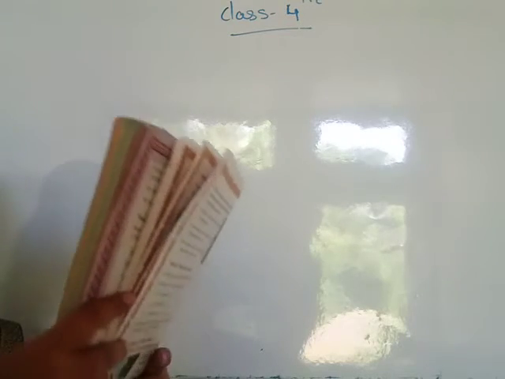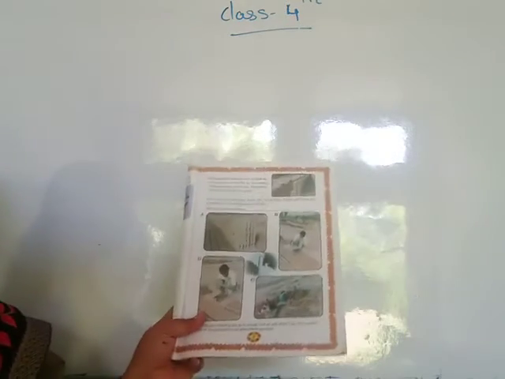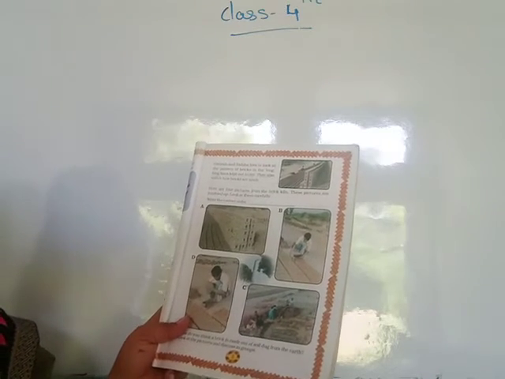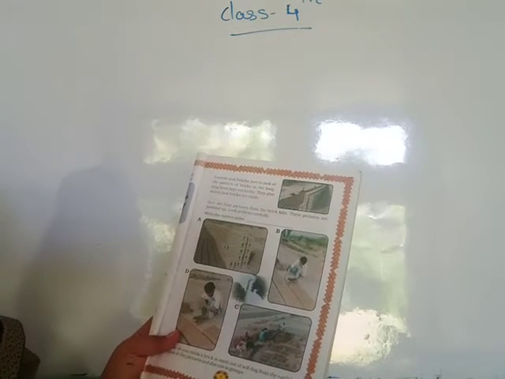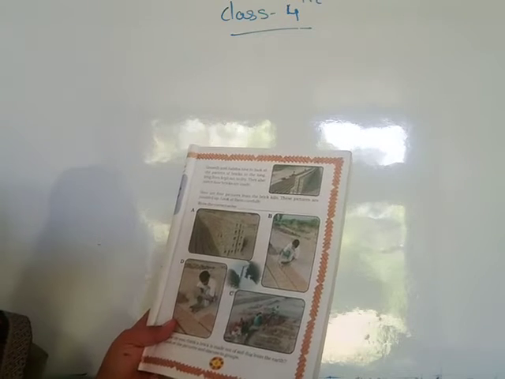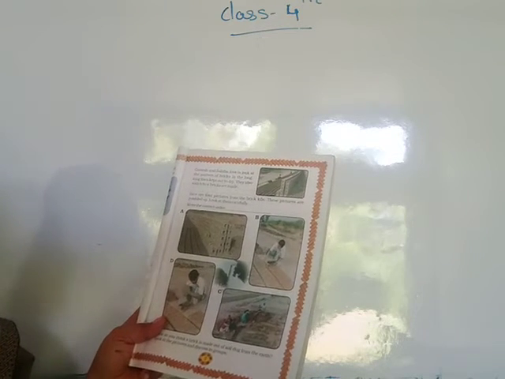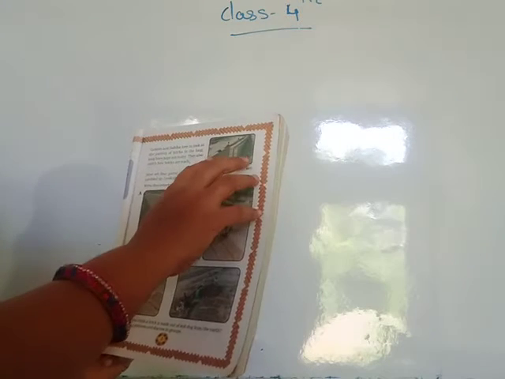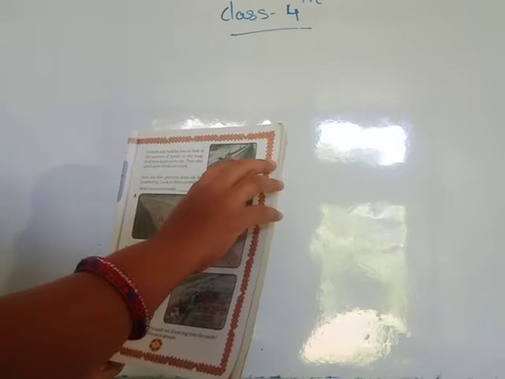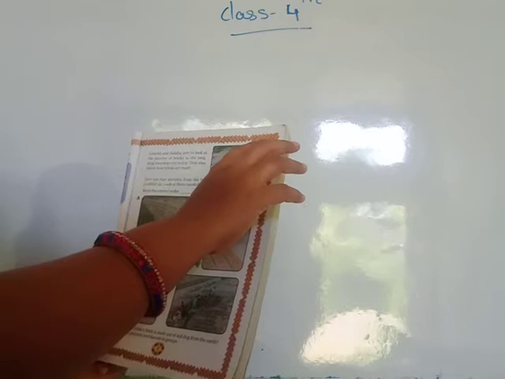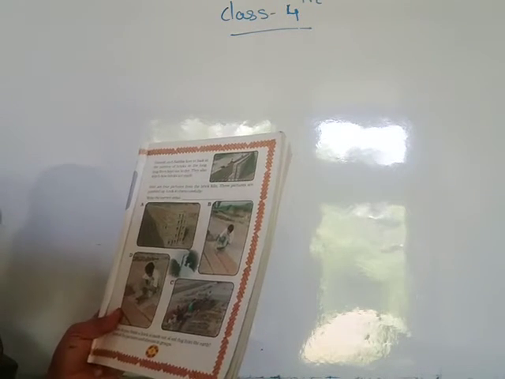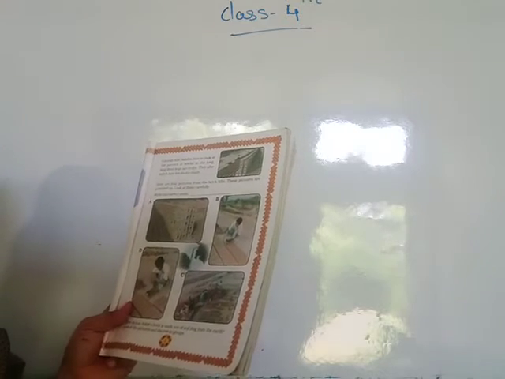Okay. Then next one, see page number 11. Ganesh and Sahiba love to look at the pattern of bricks in the long lines kept out to dry. They also watch how bricks are made. You see this brick pattern, they kept in long lines, and you see how bricks are made.